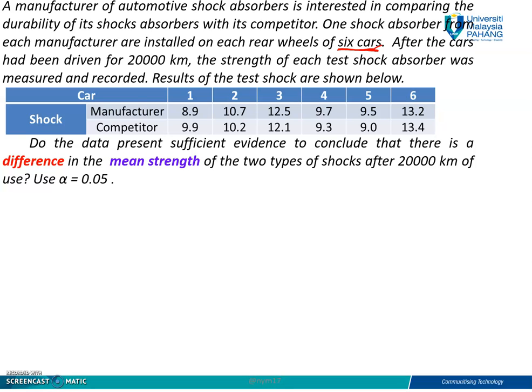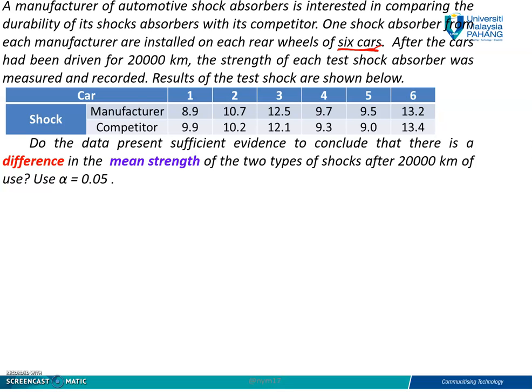installed. That means you have one manufacturer and then the other one is the competitor. Okay, these two shock absorbers are installed in the same car, which is how many cars do you have? 6 cars. Okay, after the cars had been driven for 20 km, the strength of each test shock absorber was